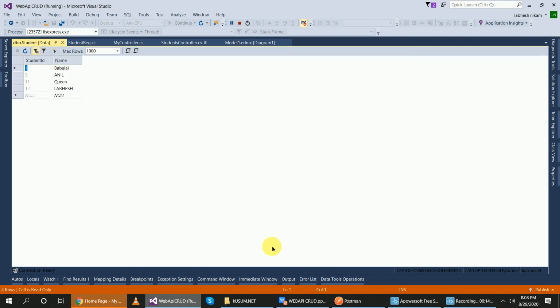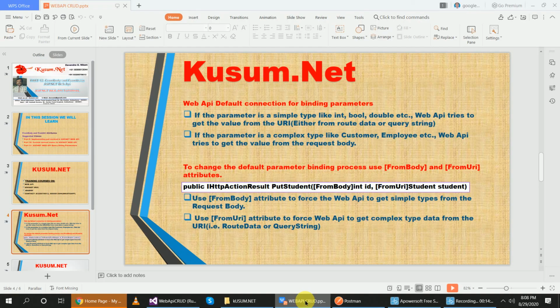Right, Babulal is updated. So what I want to say is that the client will tell the server where it is passing the parameters, using the from body and from URI attributes.